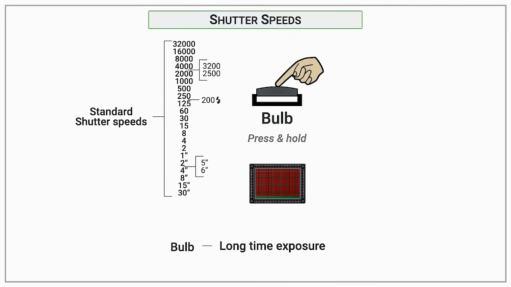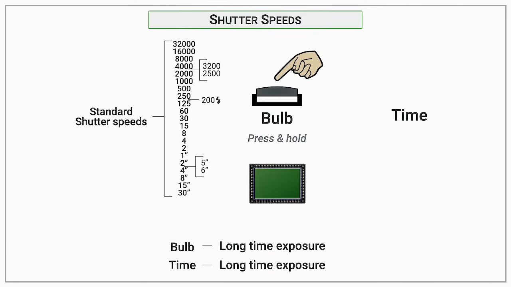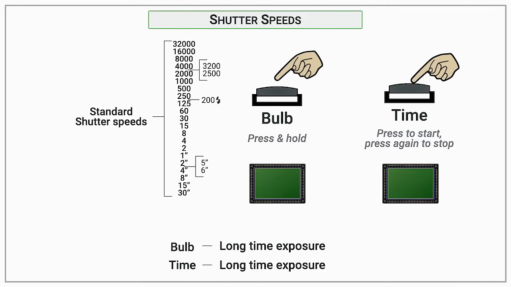But there is another version of this, and it is called a time exposure. Now time exposure is the same thing as a bulb as far as it's as long as you want it to be, but it works differently. You press down on the button to start, and this way you don't have to leave your finger on the button the whole time. Wait as long as you want, and then come back to the camera or the cable release, preferably. Press the button again, and that turns off the exposure. And so that's probably a really good system for nighttime exposures where you want to leave it open for a